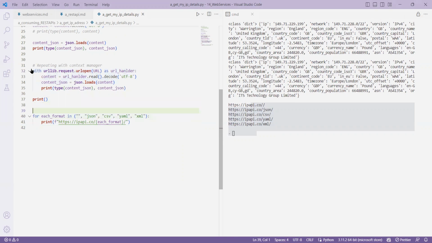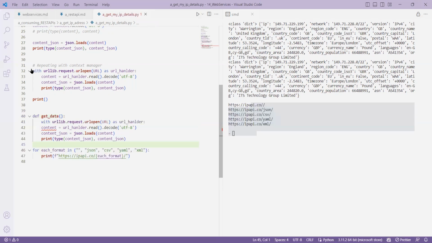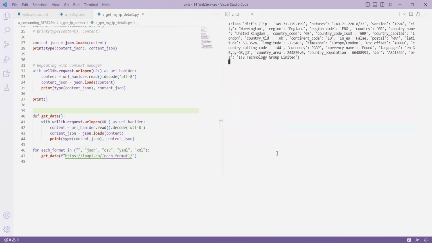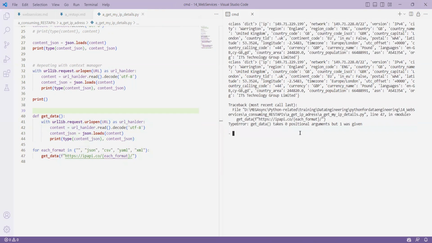So this time I write a function, define get data. I pass this to a function. Instead of placing it like this, I pass it to a function and I want to do this in the function. So don't you think instead of printing, I am just passing to this function? You see now how I'm doing it in real time. And if I execute, you can notice that it is saying,